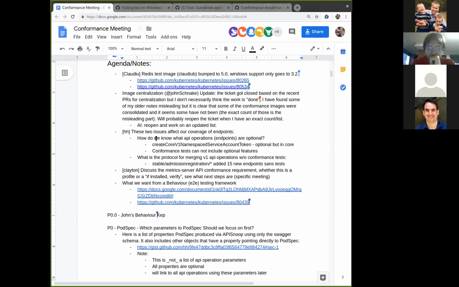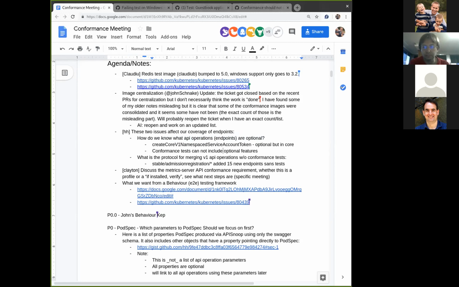And I did a little bit of conversation on the conformance channel, and it looks like one of the endpoints is optional. But I wouldn't have known that without just having conversation on, well, why is it optional? It's in core. So I would love to know how we can keep the goalpost the same when we're adding optional tests. Have some metadata or something we can say this is not, can never be part of conformance, even